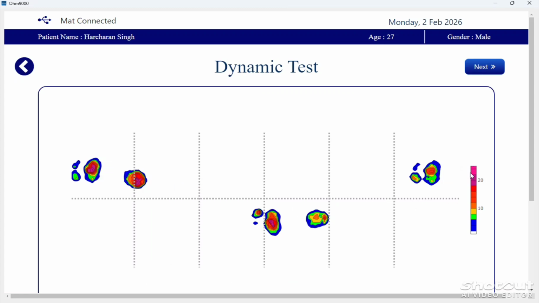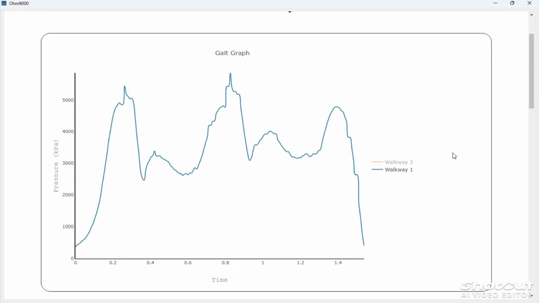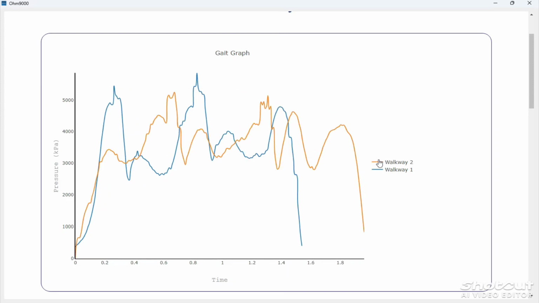Now we click to the next section, and here you can see gait analysis of walkway 1. To merge walkway 2, we click on the walkway 2 color given on the right-hand side. Now you can see both walkways shown in a single graph on your display.